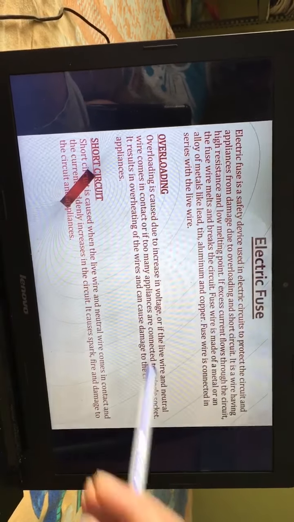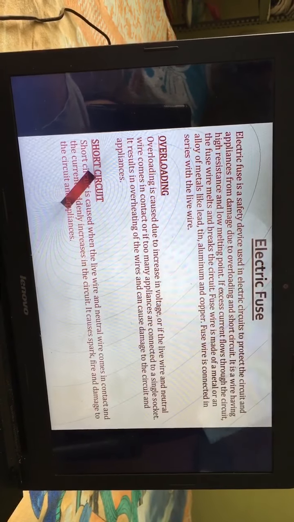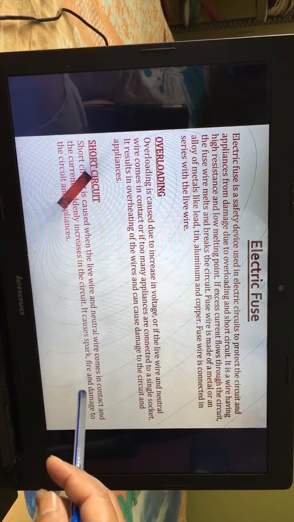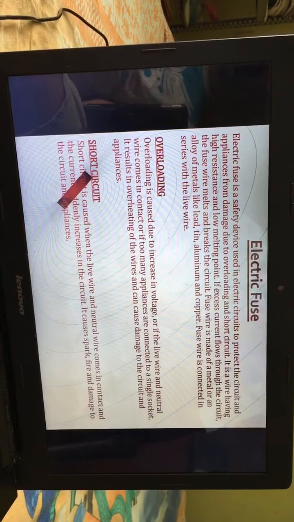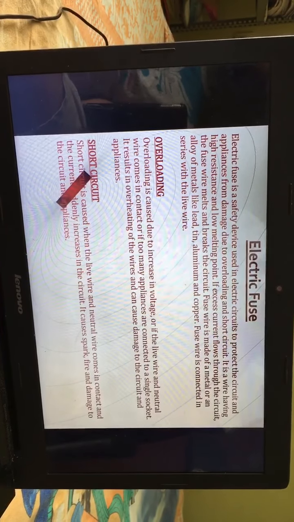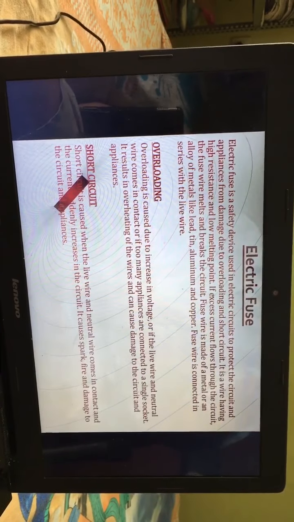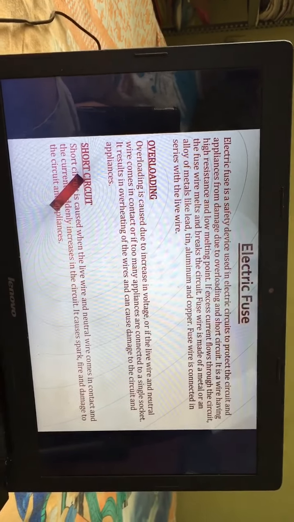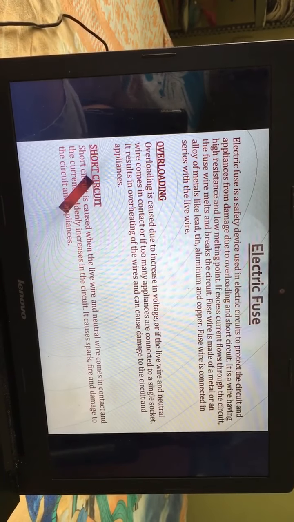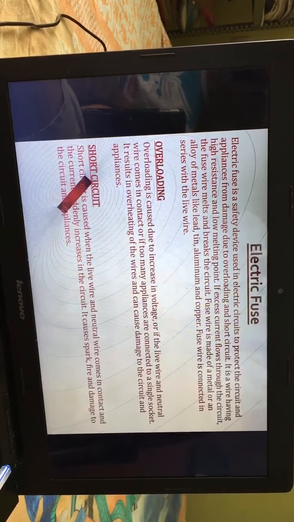Short circuit is caused when the live wire and neutral wire come in touch with each other due to any reason. When they come in contact with each other, it causes a spark, fire, or damages the circuit. Sometimes in some areas the potential or current will be very low, and in some areas the current or potential will be very large. It damages the electrical appliances too. So a short circuit happens. When a short circuit happens, I advise that you switch off your main switch and call the electrician to correct it.